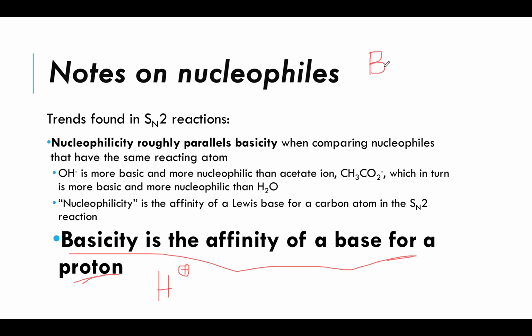Let's say I have a base, I have water, or let's say an alcohol group, okay? Instead of going for the positive carbon somewhere there, the base will simply use its lone pair and get a proton, right? And deprotonate something. So that's a base. A nucleophile is something attracted to positive carbons. Okay? Now,